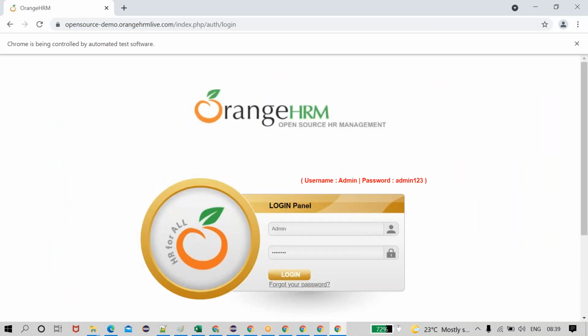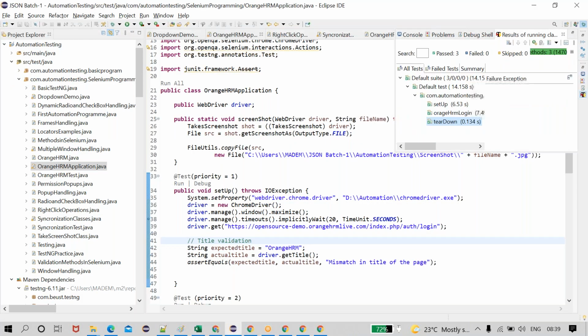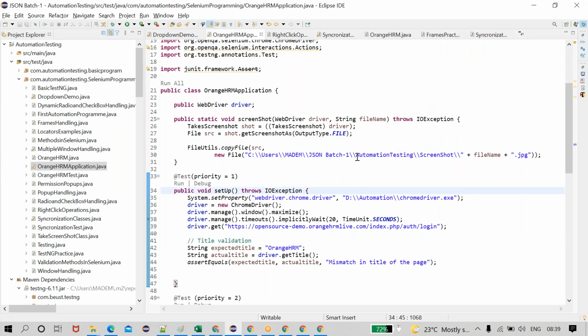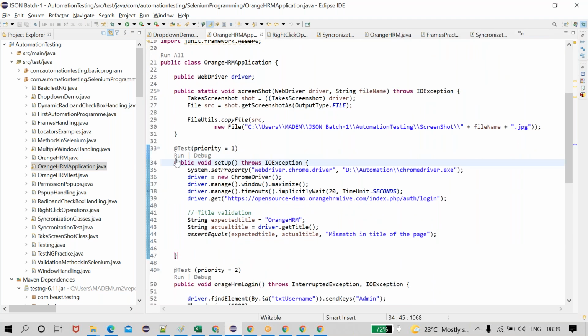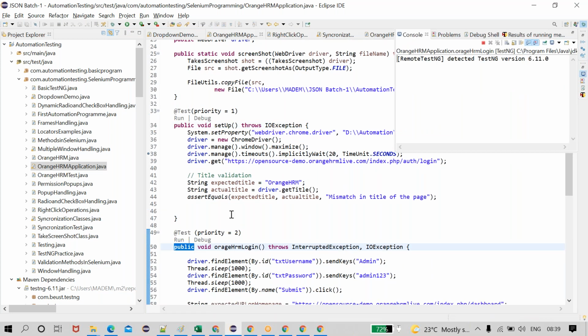Navigate to this URL, enter the credentials, log into the application, and then close the browser. See, all methods are executed successfully. If I want to execute a particular method, you just need to click on this run button. See, only a specific method will be executed.